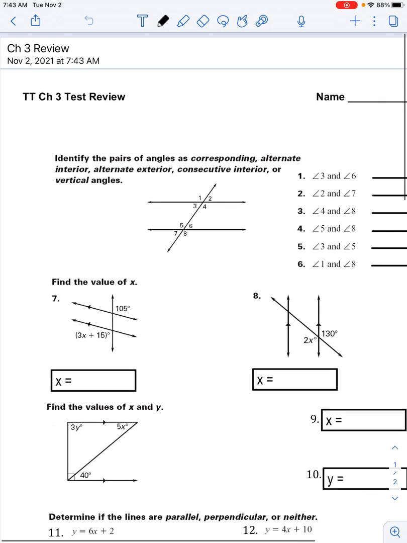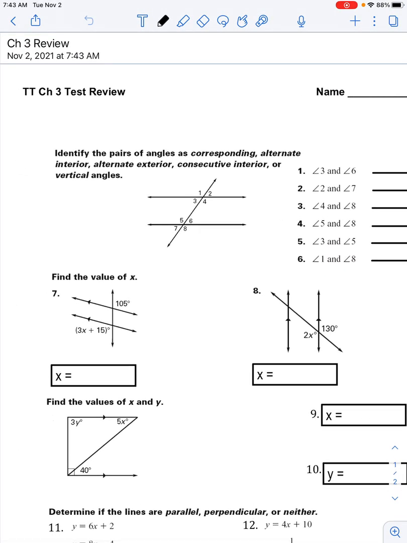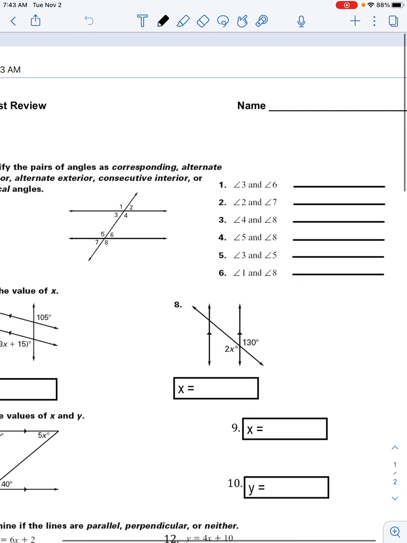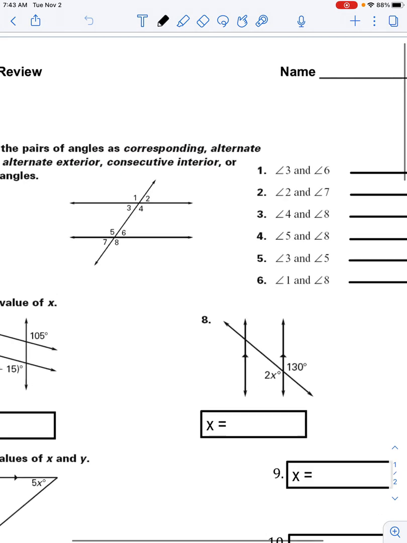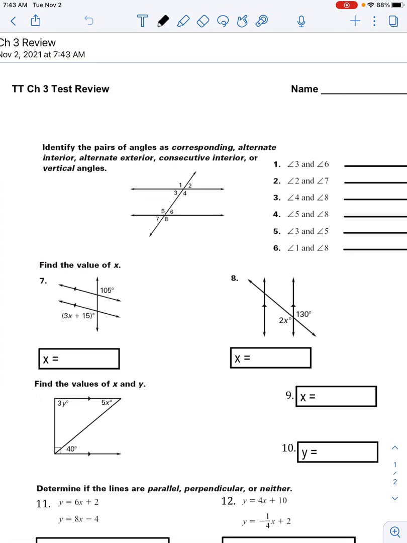All right, let's take a look. This is your chapter 3 review. So again, I'm just going to go through. I want you to try this on your own first, and then if you get stuck or if you're really not sure, you can look back at this and hopefully it'll help. Identify the pairs of angles as corresponding, alternate interior, alternate exterior,